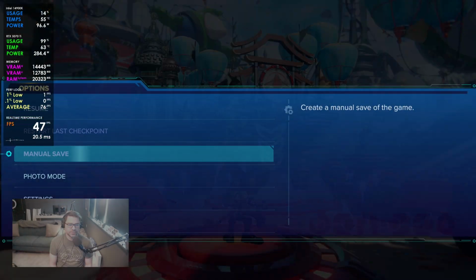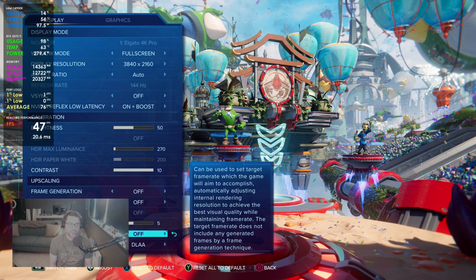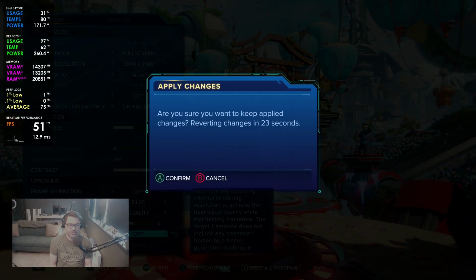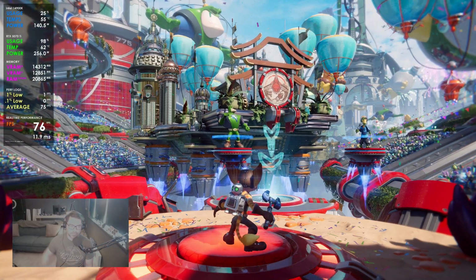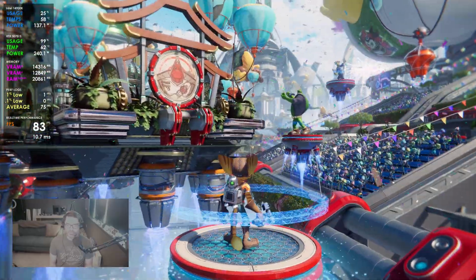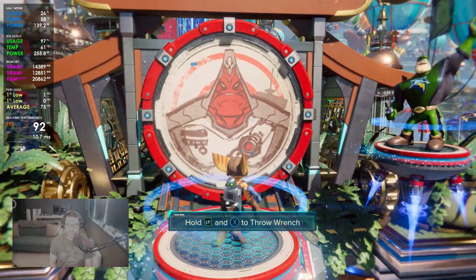So let's just do a little bit of quick modification to our upscaling method. We're going to go DLSS quality and see what that does for us. Okay, that gave us a nice bump up into the 80s, low 80s, upper 70s. So if you're on this card at 4K, you can expect a pretty nice